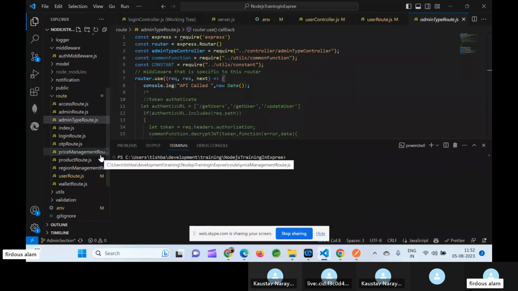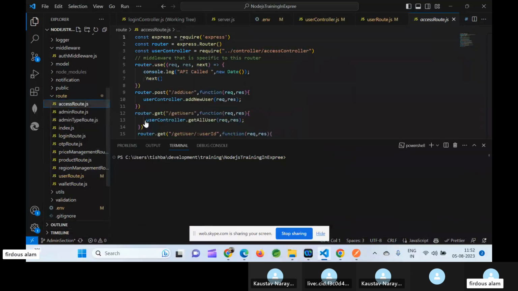And what is the benefit of doing that? Suppose we have an issue with this route, and whenever we try to run it, it's failing. People cannot access this route, but the whole application will be in a running state. We just cannot hit the APIs related to the access route. In monolithic, the problem would be that if there is any issue, our whole application cannot be up. If I make a mistake here,